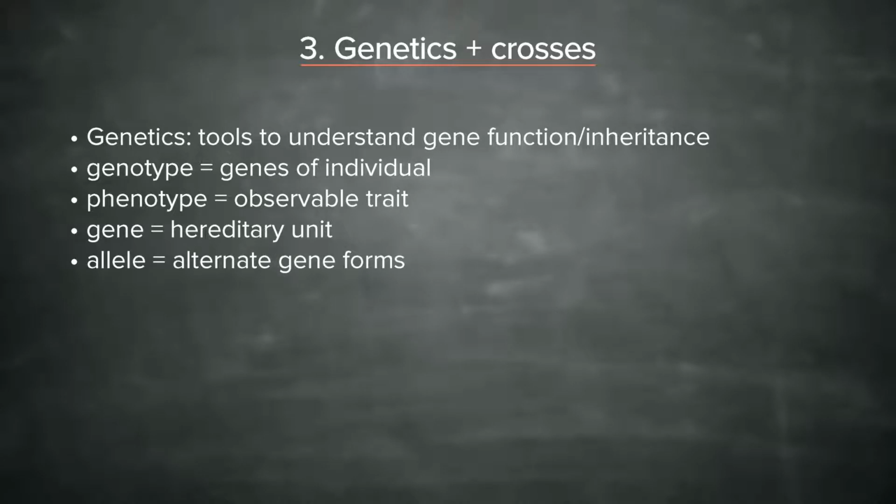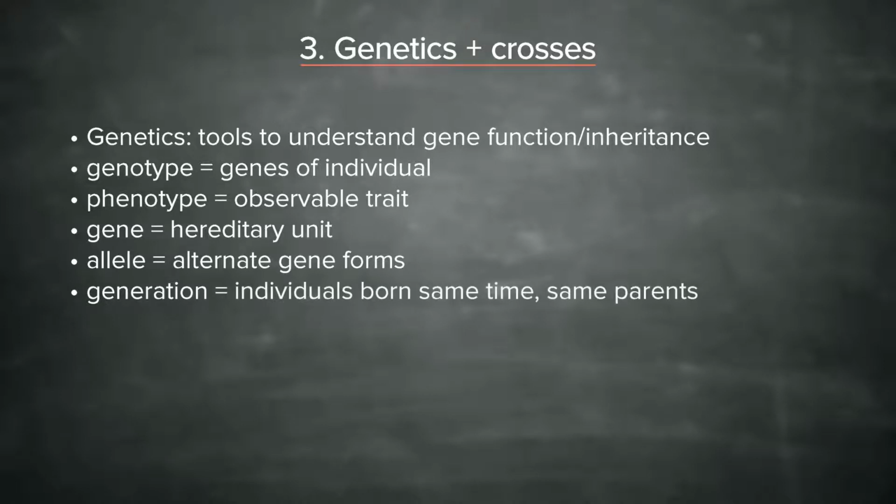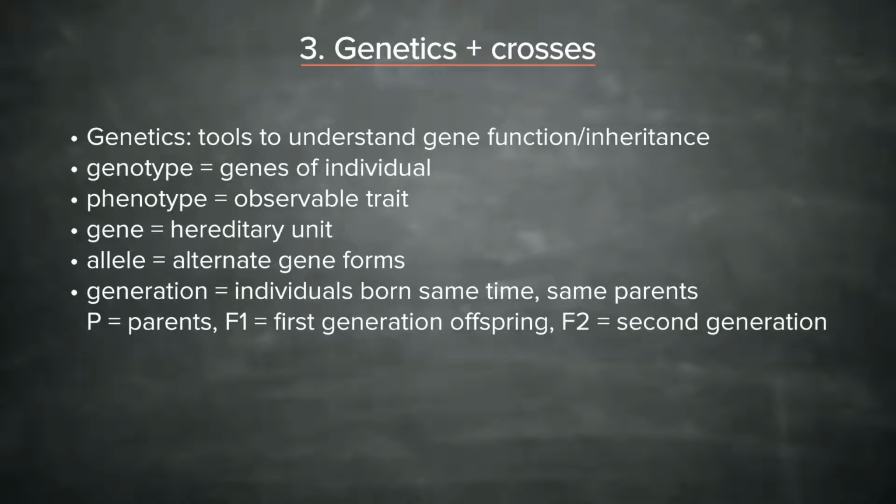And then the last one we need is generation. And this refers to individuals that are born at the same time from the same parents. We can talk about the P generation, which are the parents. We can talk about the F1 generation, which are the first generation offspring. We can talk about the F2, which are the second generation offspring, etc. Okay, I'm abbreviating generation there with gen. Those are some of the key terms that we need